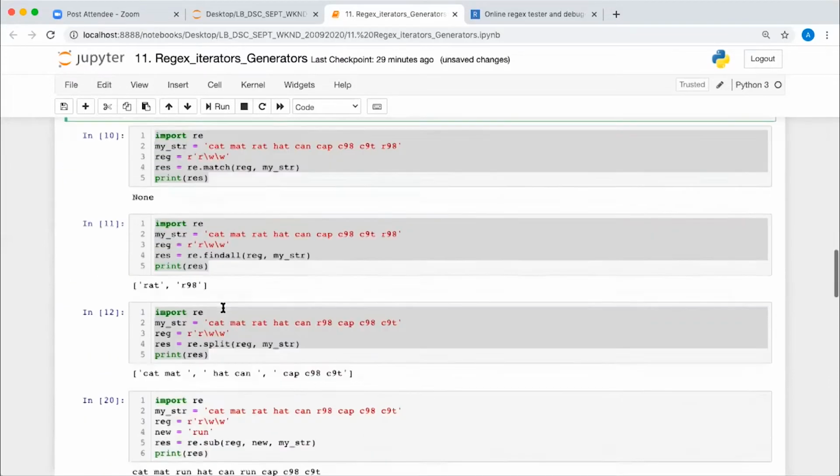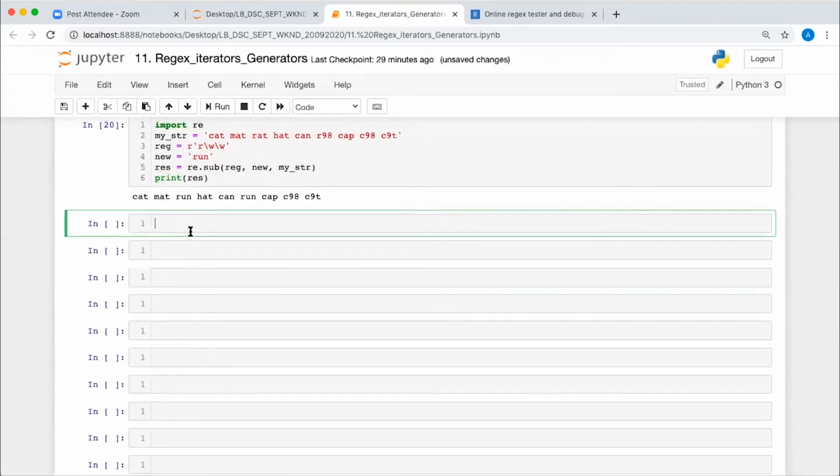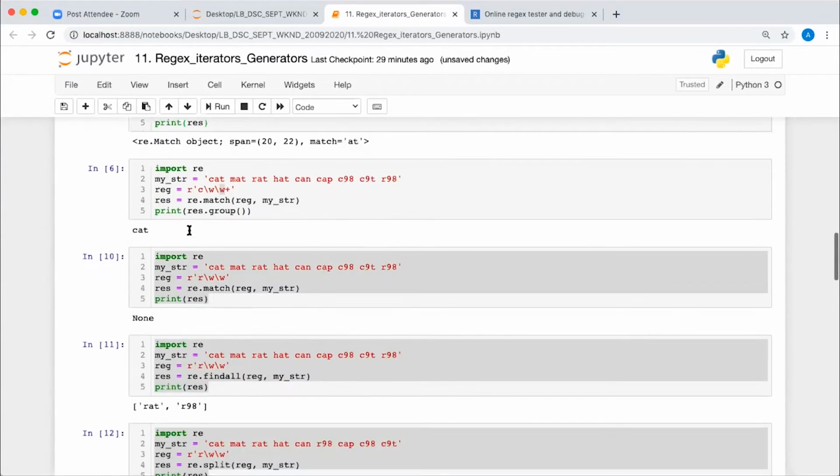Okay, so let's see it with an example. Let me write it both ways. Is it writing backslash W once with a plus, right? I mean, do we have to write it 2 times?